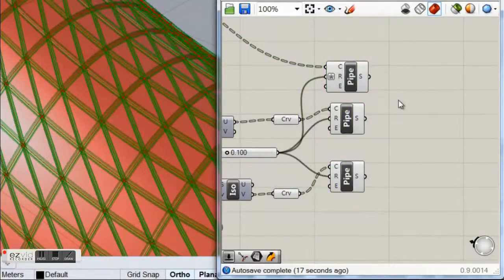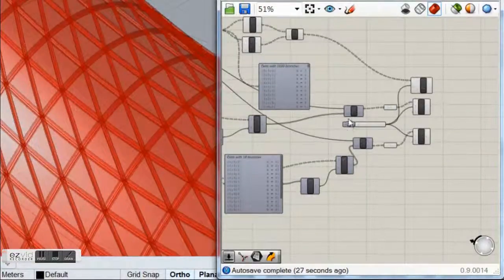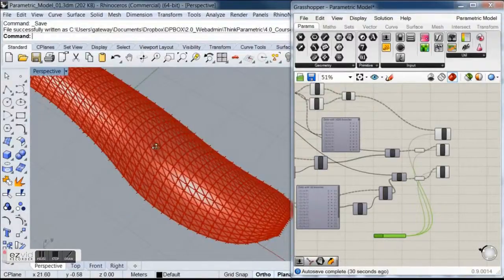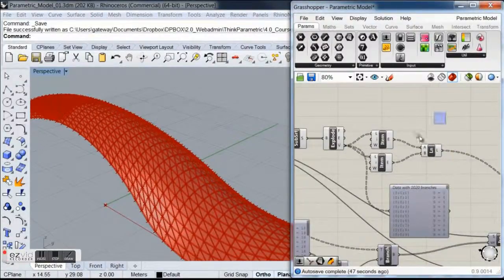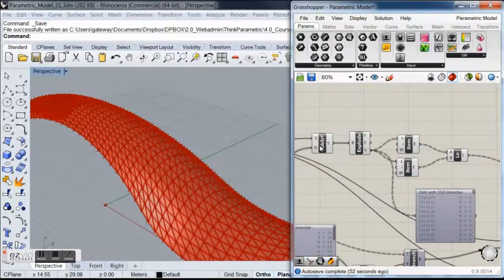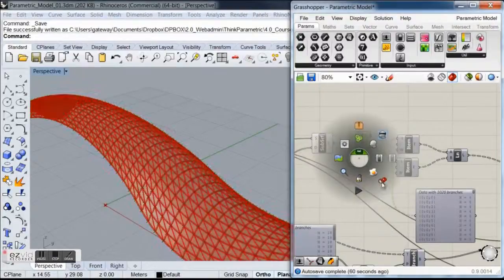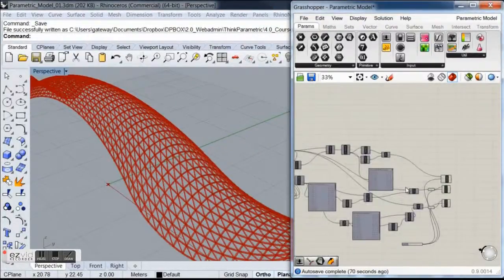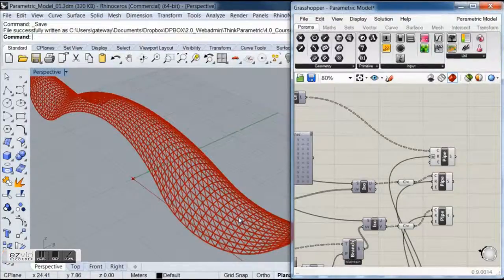So I'm going to arrange these components a little bit more. And I'm going to hide all these components that I have here, which is my vref components and the lines that I created here. Okay, so now that we have our structural grid, we're going to place the panels that should go on the